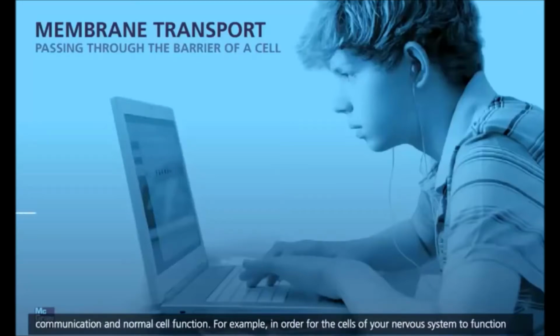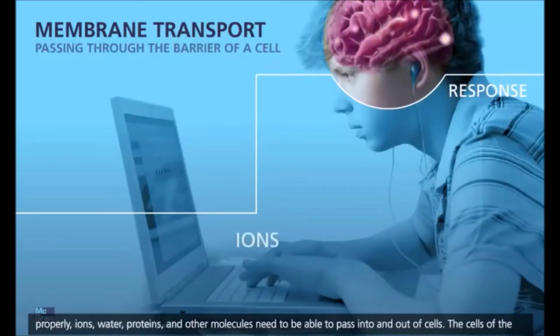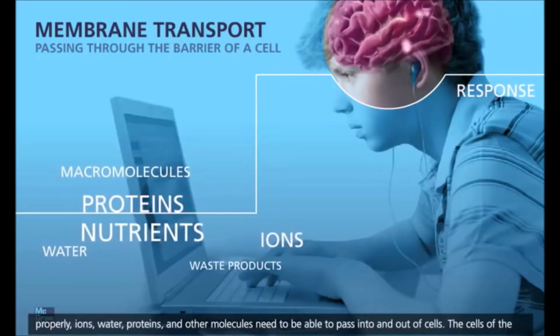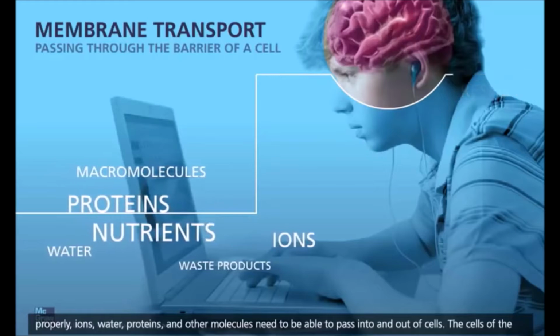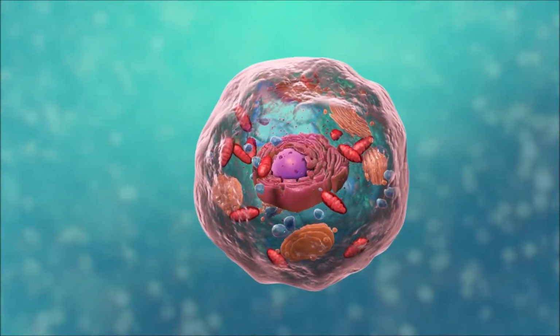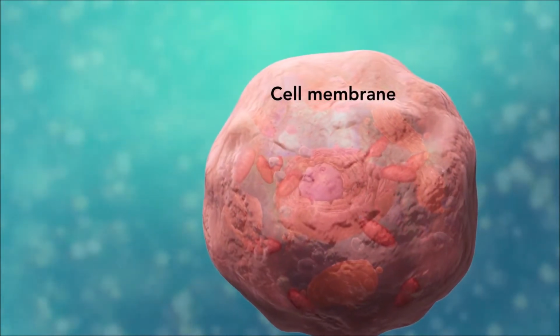We are made of cells, and cells have membranes. And through the membranes, we need to transport things through the barriers of the cells. As we bring oxygen in, carbon dioxide out, ions, water, protein, macromolecules, nutrients, waste products coming out, nutrition going in. The different cells of the human body that make us up, trillions and trillions of these cells that have cell